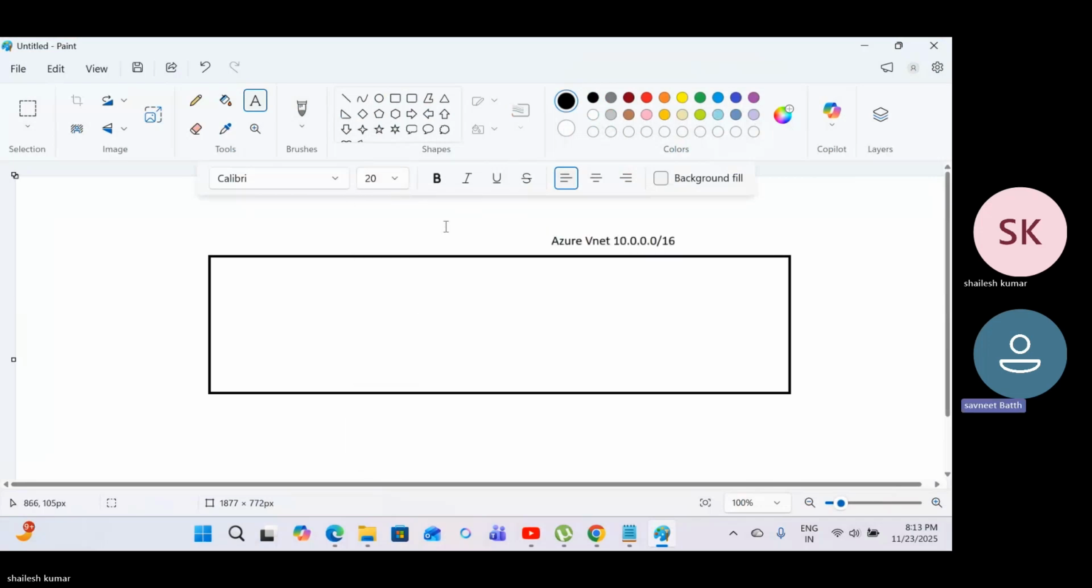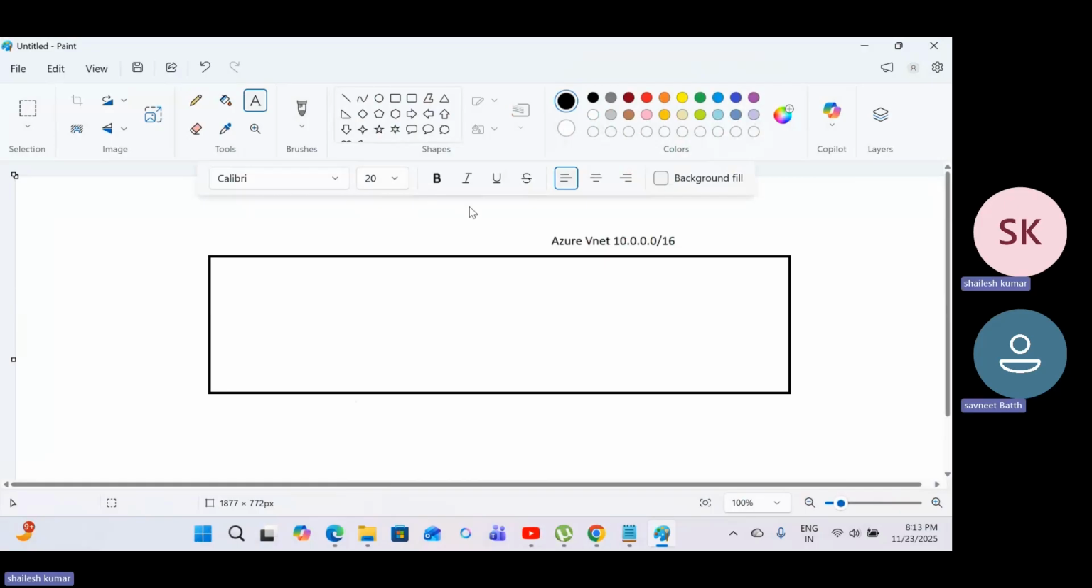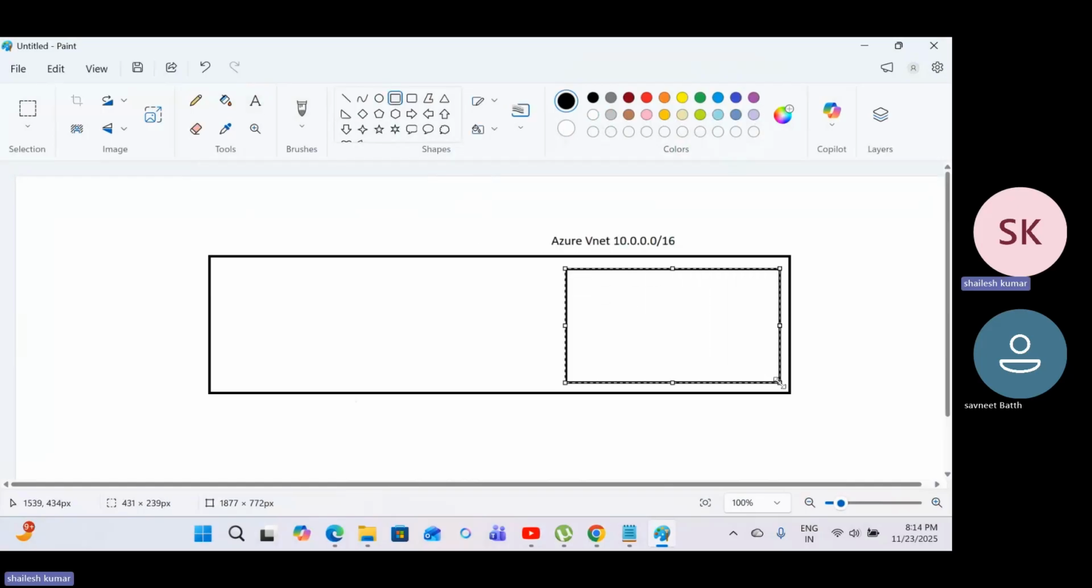How do we get this? Azure VNet. You can create an Azure VNet directly on Azure Cloud. And then within the Azure VNet, we have the subnet. That is my web subnet,